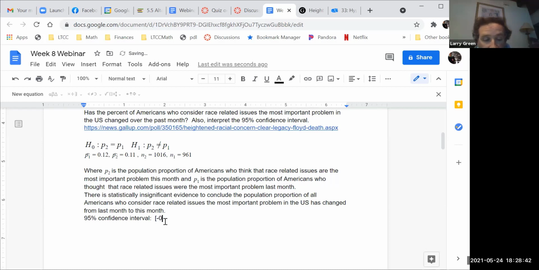It was negative 0.02, comma 0.04. So we notice, even if it's changed, it hasn't changed much. Do you all agree? That's a pretty small percent change, which we kind of see from our P1 and P2. So that means with 95% confidence,